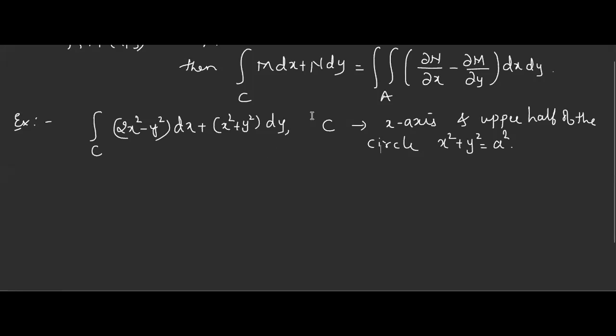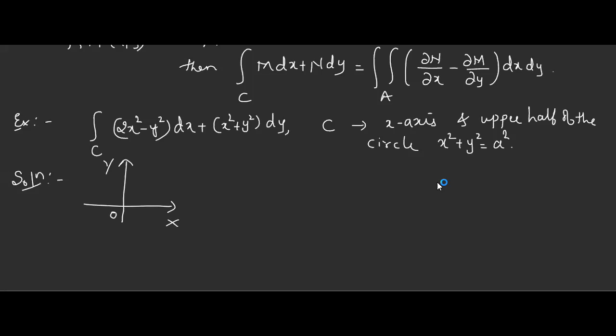Now, before doing that, we need to draw what is this given curve C. This curve is bounded by the x-axis. One boundary is the x-axis and another boundary is the upper half of the circle x square plus y square equal to a square. Whenever you want to solve it, it is better if you draw, then it is easy. And here Green's theorem is applicable in 2 dimensions, meaning we will not take 3 dimensions, where z is not present. So here we have it.